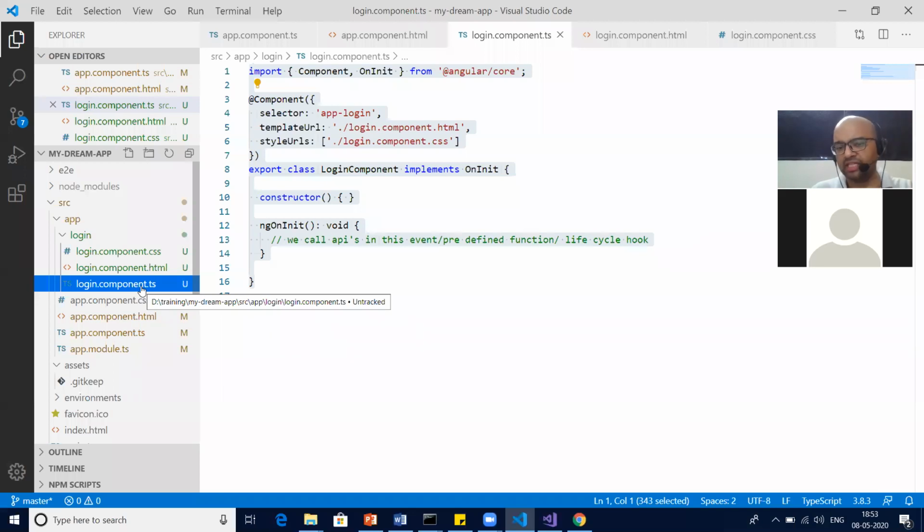Just think for a minute or some seconds, and then tell me. This login component is not going to be called as of now. The answer is no, it is not going to be called as of now, because we have not hooked it. So you tell me, if I wanted to call this one, where should I be calling it? Where? Any idea?